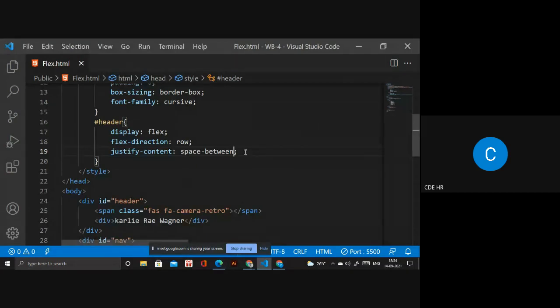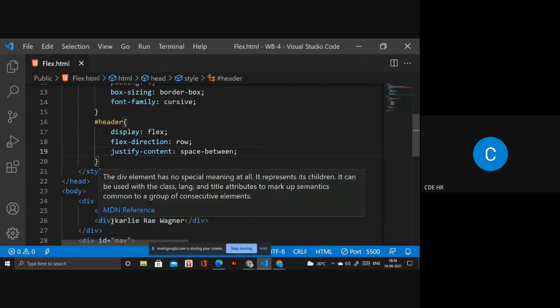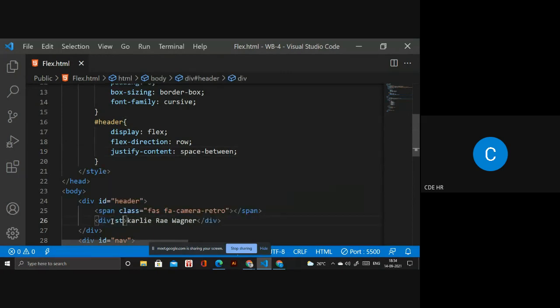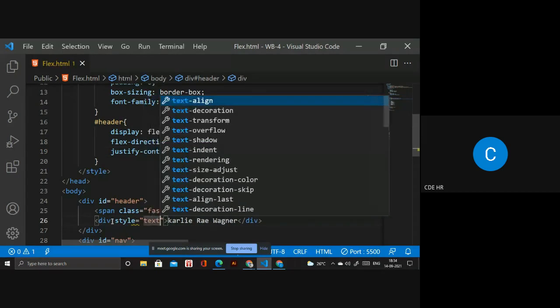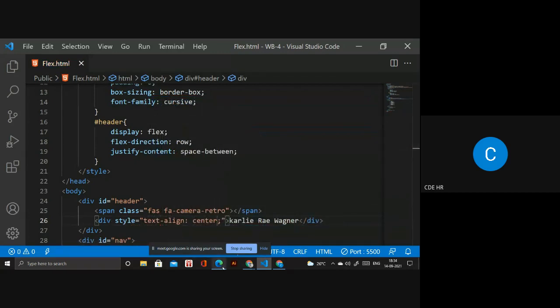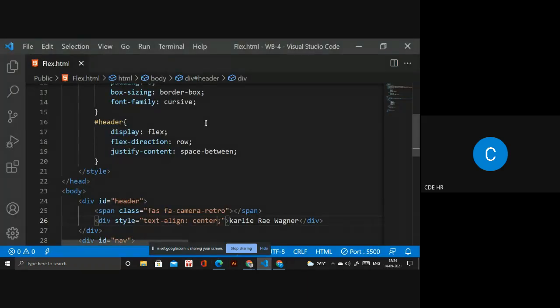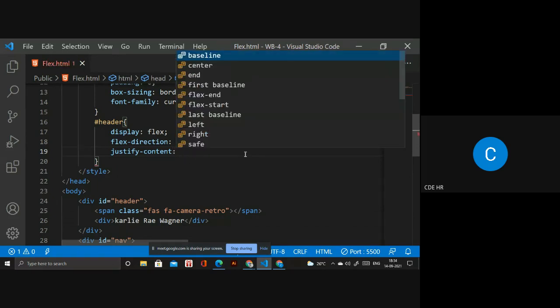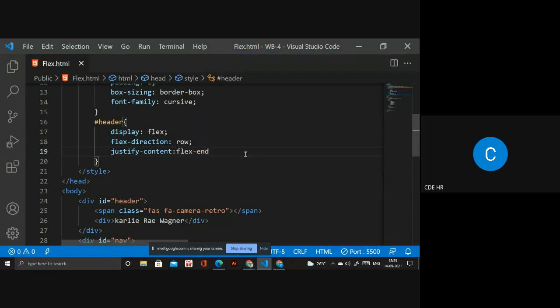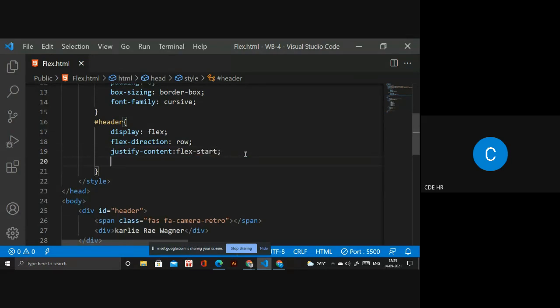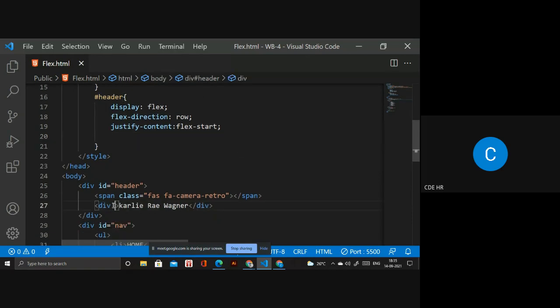So if you don't want that one, if you want it in the middle, then you have to use style and text-align center. It's not working, I think. Let's see if it's working or not. Okay, it's not working. It will be merging. So you have to write one more thing in that justify content. We have flex-start. Then inside you have to give a particular ID.